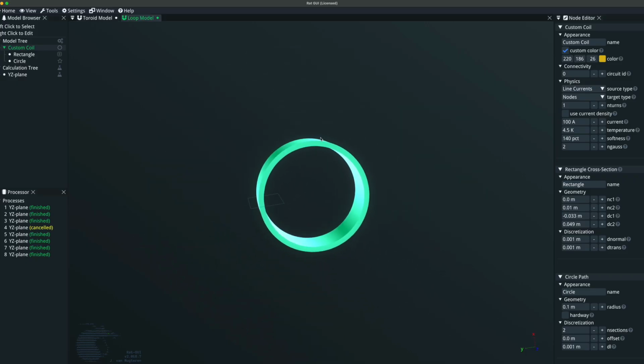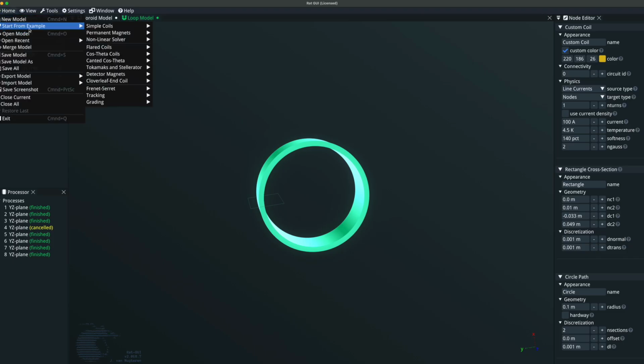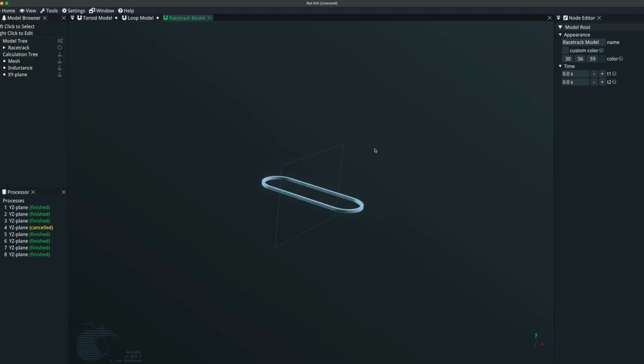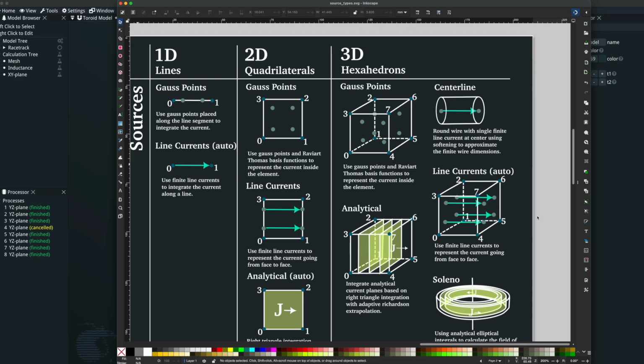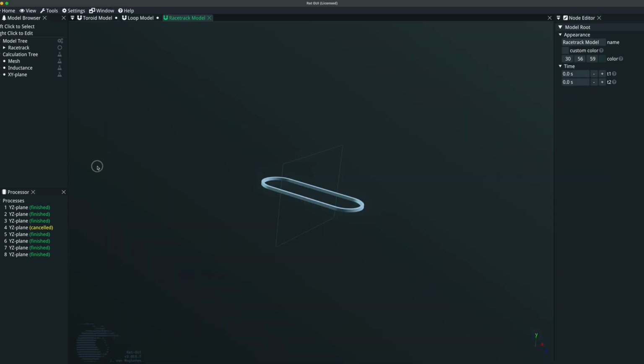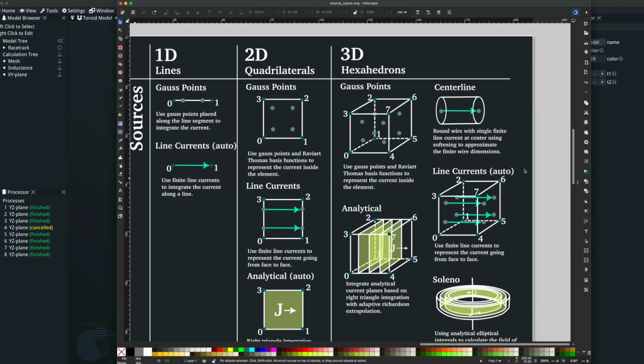All right. Any other type of coil, like a racetrack. So a simple coil would be a racetrack. Here you can't use Soleno because it's not a solenoid, so there's no analytical solution for a shape that has a racetrack, at least not in red, and therefore by default line currents again would be taken,